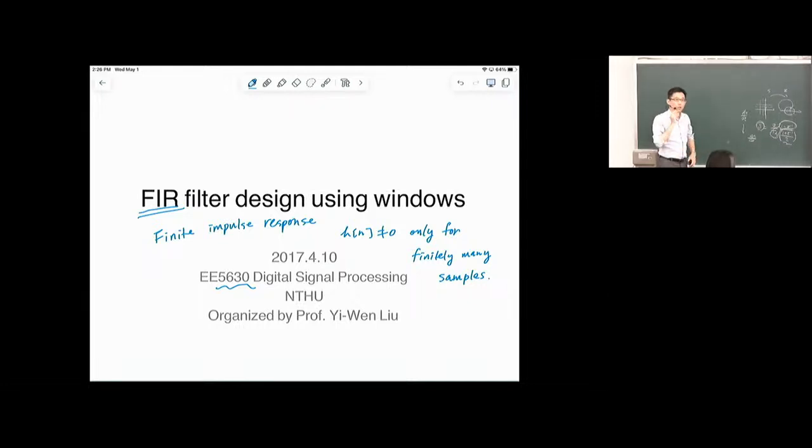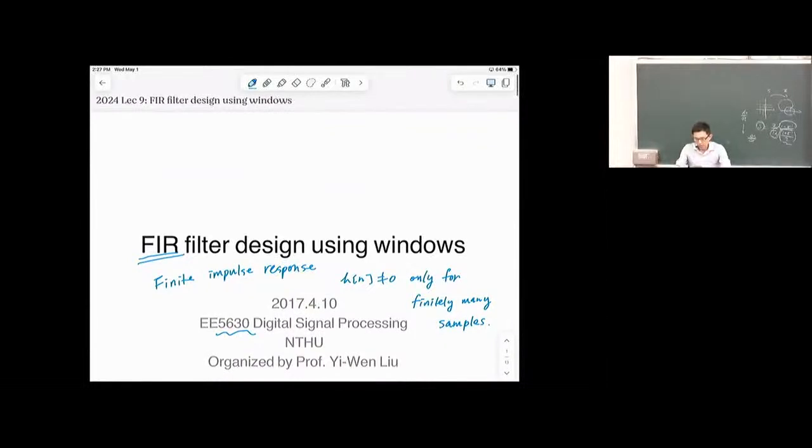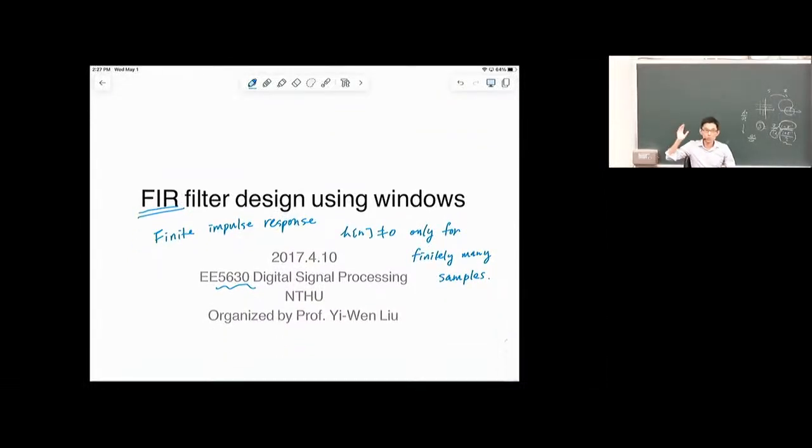Okay, so let's continue our journey in filter design. FIR, finite impulse response. We've discussed some terminologies: passband, stopband, transition, tolerance scheme, and so on. So now, what's the idea of using windows? The idea is, as you will very soon see, that when we have an ideal low-pass filter,